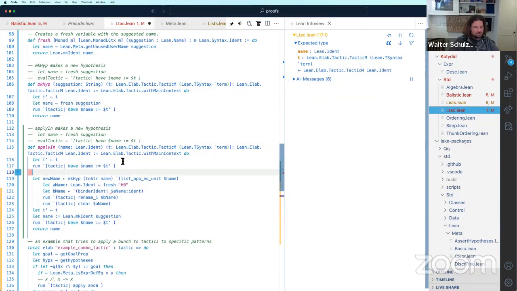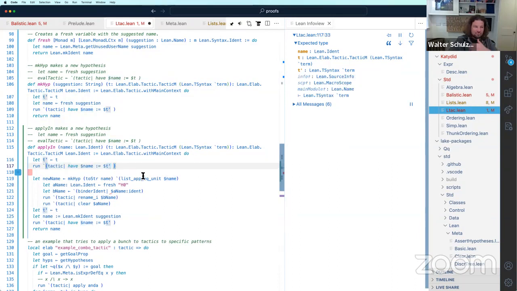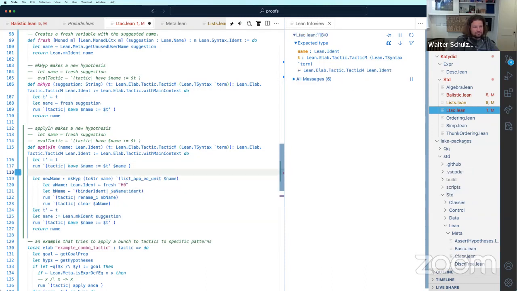Now we want to run and say the new name is the old name. We have our tactic T, and we also want to use the old name. So we have our theorem and our hypothesis that we want to pass into that theorem.